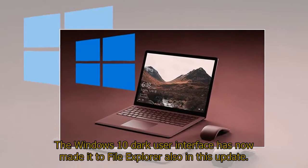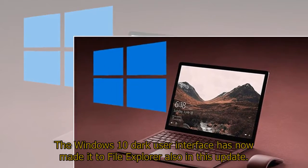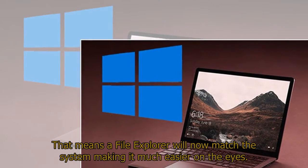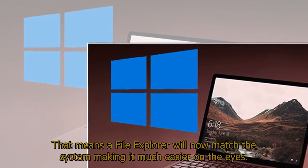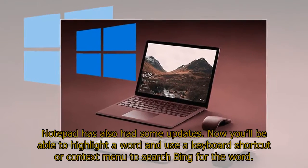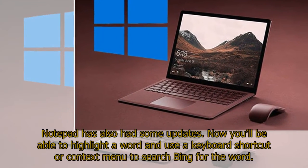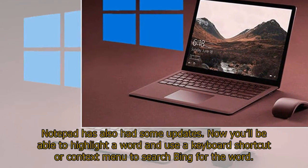The Windows 10 Dark user interface has now made it to File Explorer also in this update. That means File Explorer will now match the system, making it much easier on the eyes. Notepad has also had some updates. Now you'll be able to highlight a word and use a keyboard shortcut or context menu to search Bing for